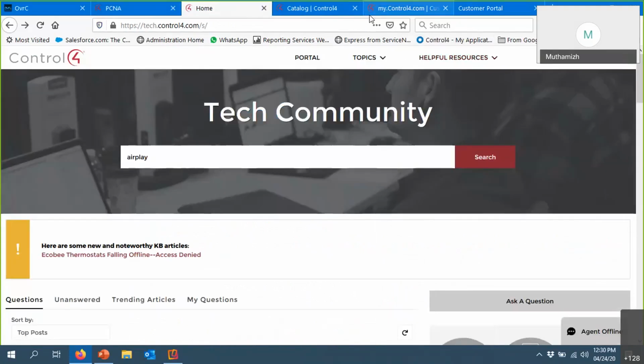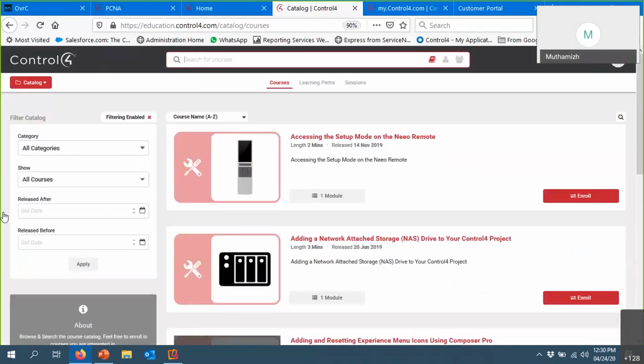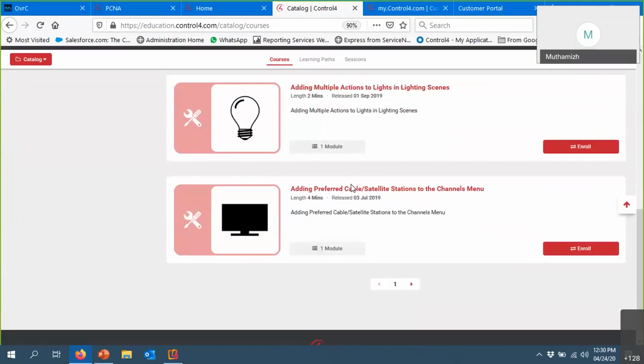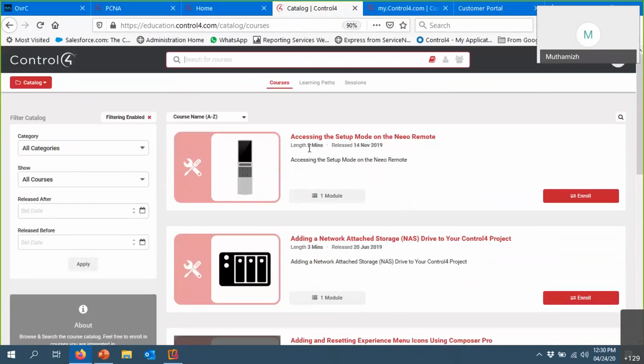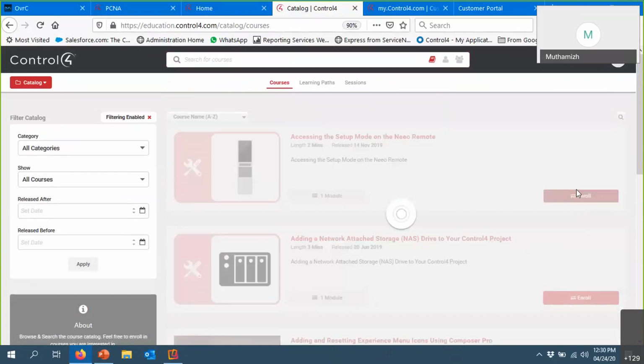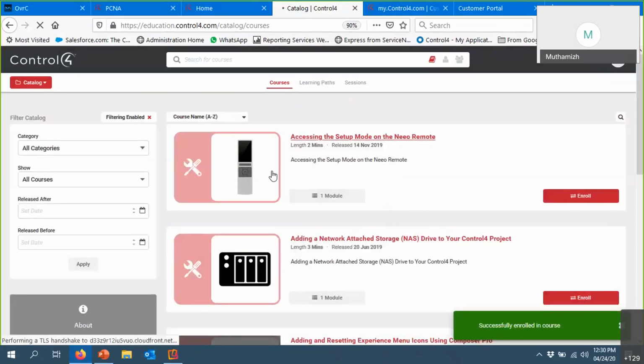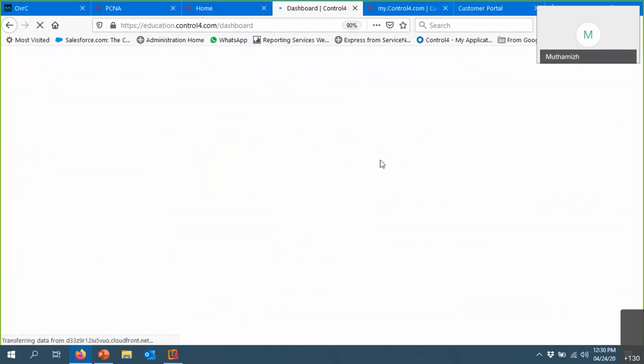Once I log in to my education portal, this is what the portal will take me into, and you will have all the courses, which means anything related. And if you look for a smart skill, it says the length is only 2 minutes. I can just enroll in the particular course, and then I can launch it, and it will show you that particular information that is actually needed. It's just a 2 minute video,